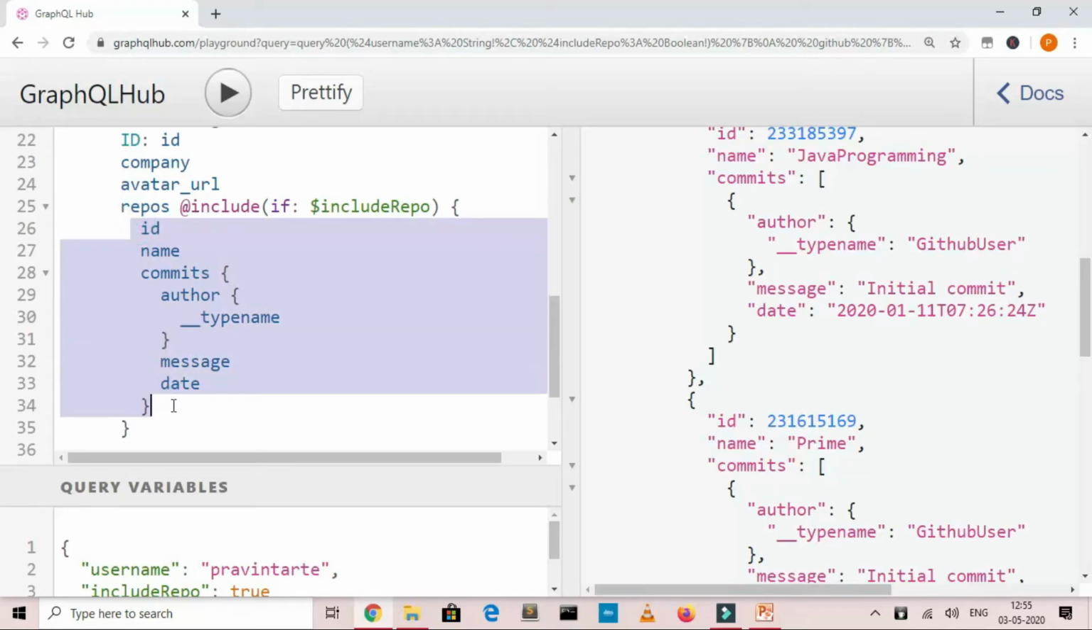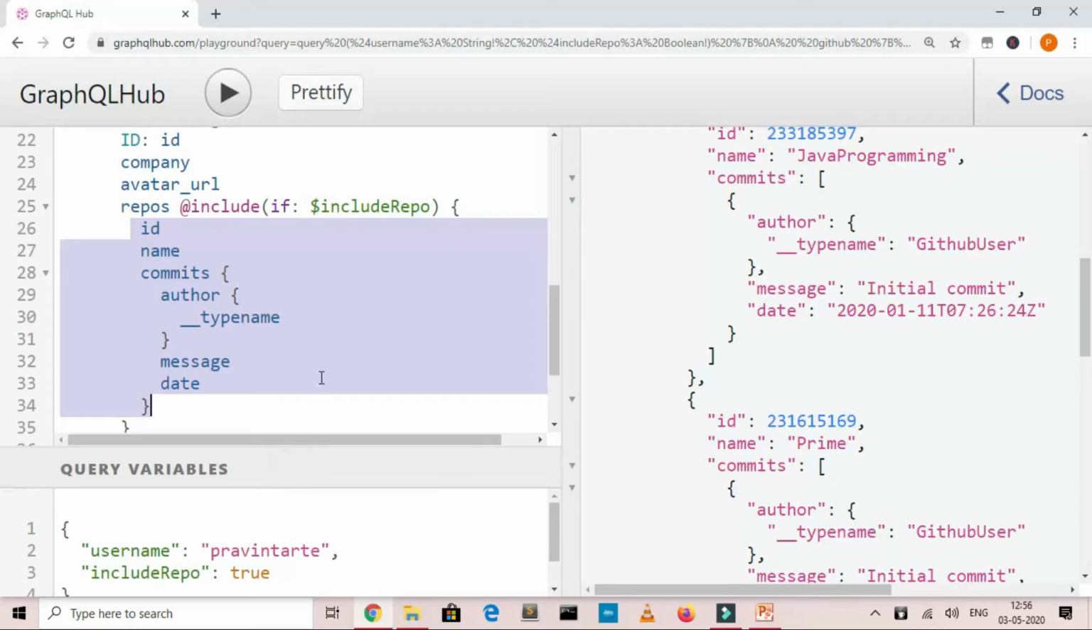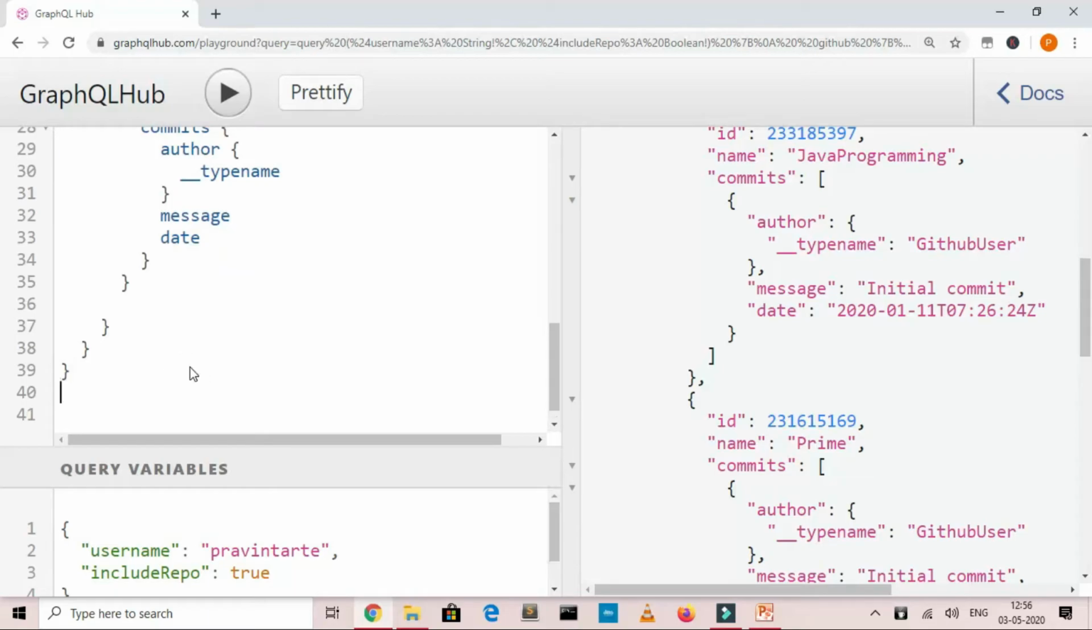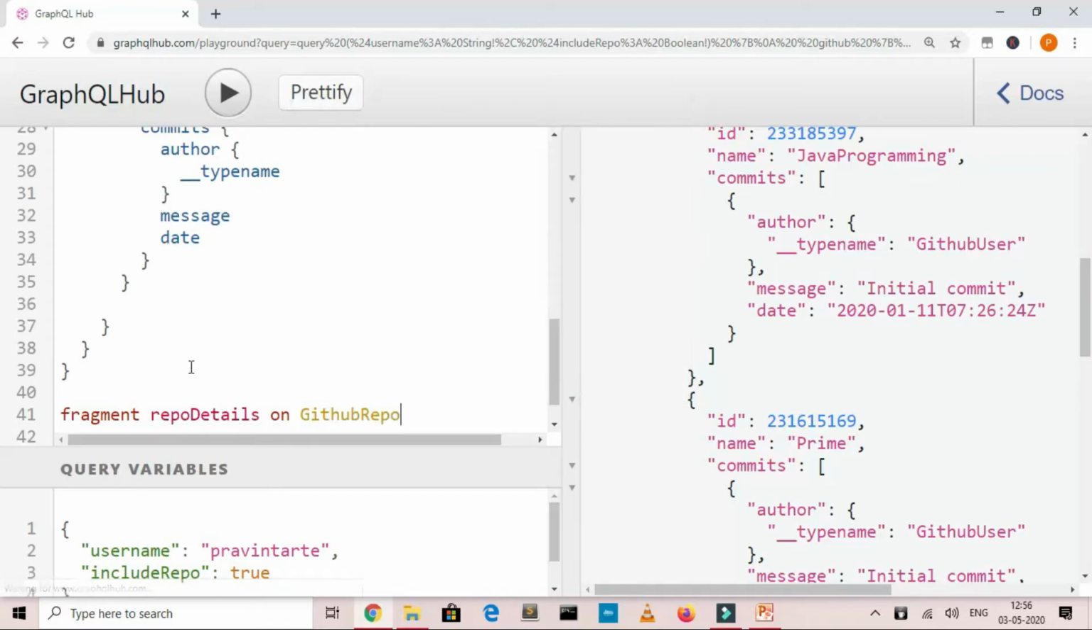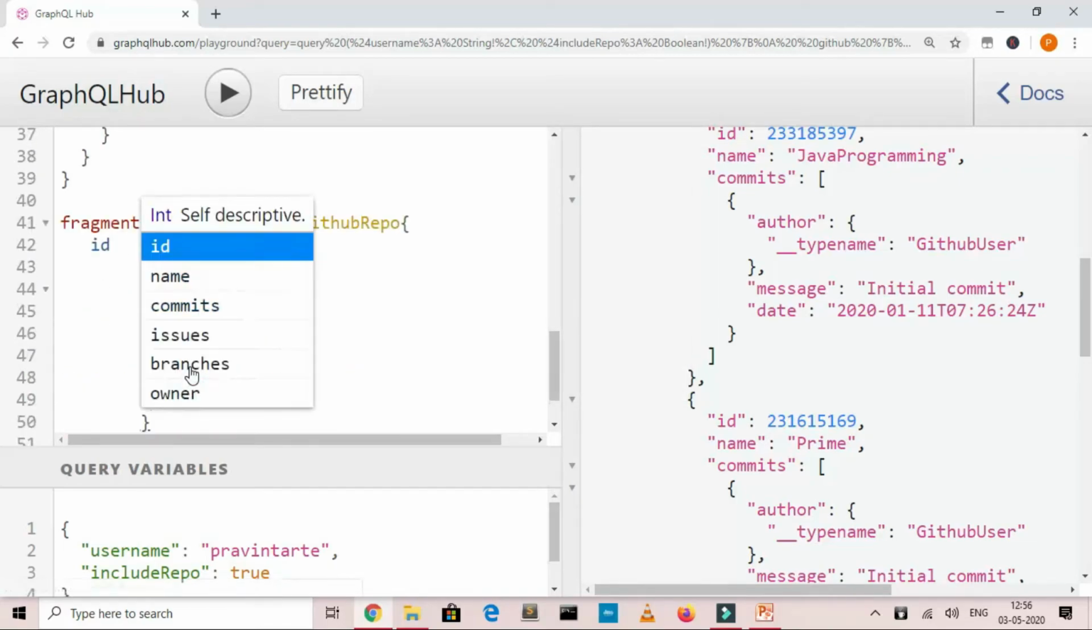There is a way by which in GraphQL you can abstract it out. Basically, you can specify it in GraphQL terminology. It is called fragments. So if I copy this thing for now, I create a fragment. I say repo detail as the fragment name, and we create this on the GitHub repo object, right? And if I just copy it here